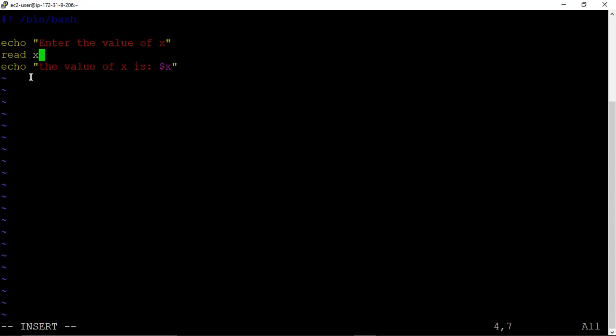We are not entering X is equal to 10, X is equal to 15 here. We want to enter this value from the keyboard. When we are on the terminal, we want to enter the value of X. So we use read X. This X is a variable.